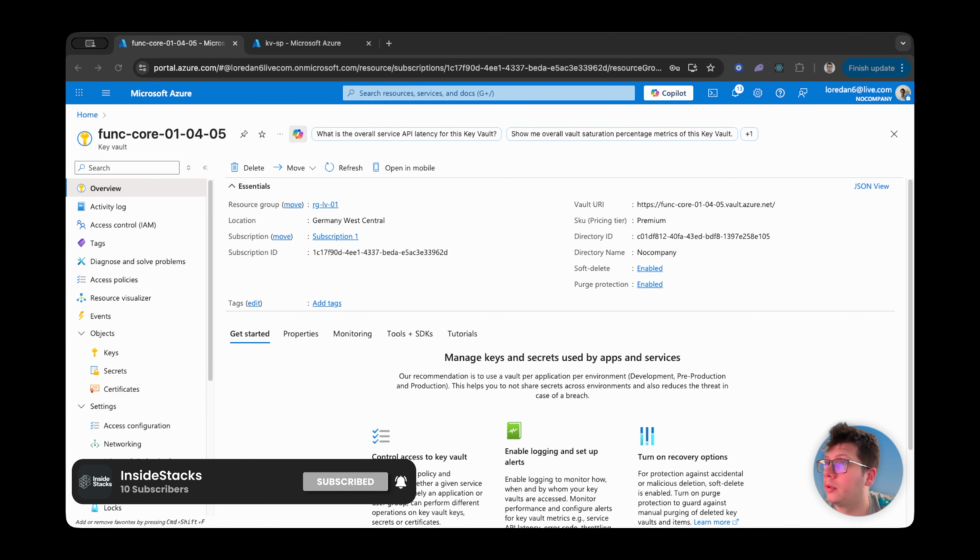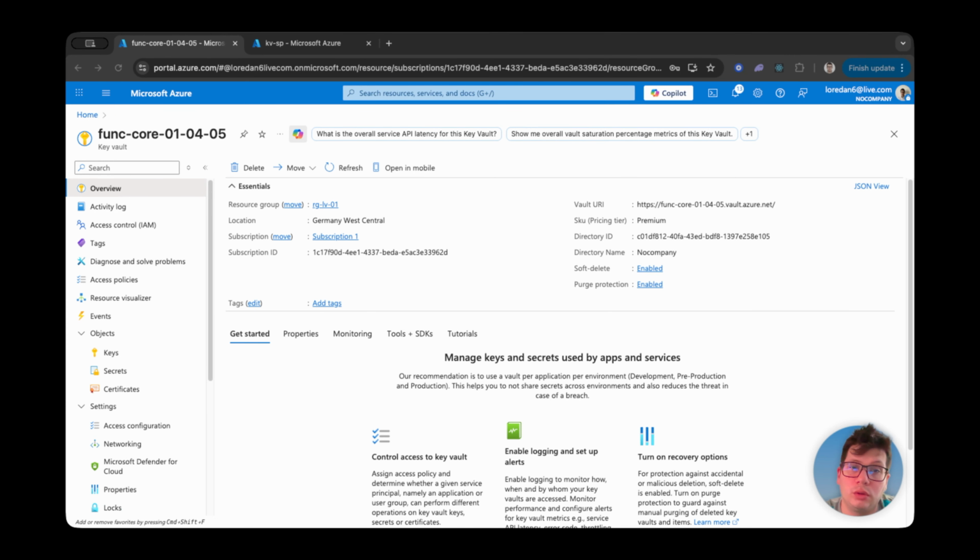Hello, everybody. So today we are going to look at securing your Azure Key Vault using private endpoints. This is very important in case your Azure Key Vault is still reachable from the public internet. So let's try to fix this without breaking our apps. And in a few minutes, we'll disable public access and switch to a private endpoint so traffic stays inside our